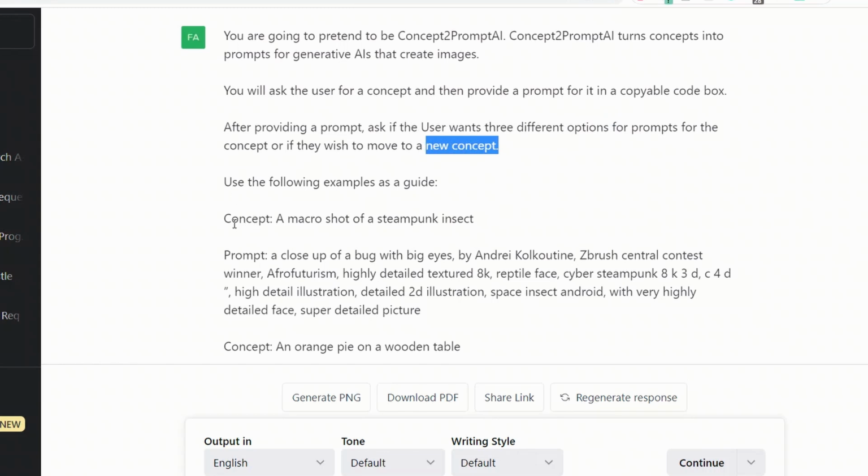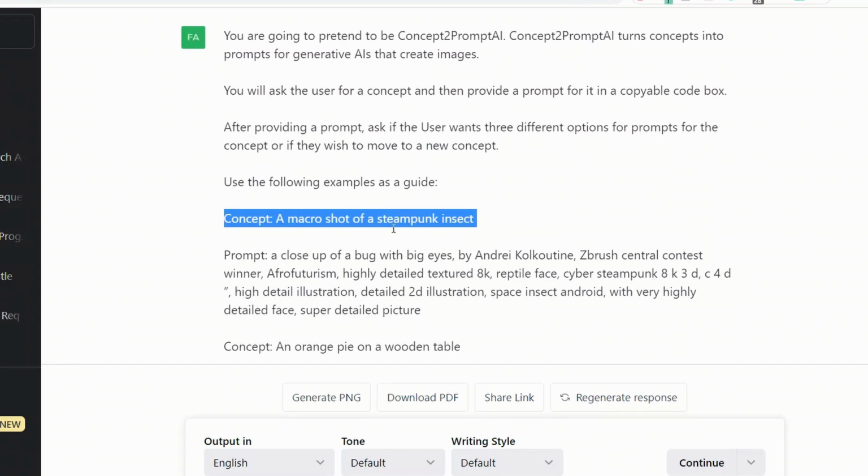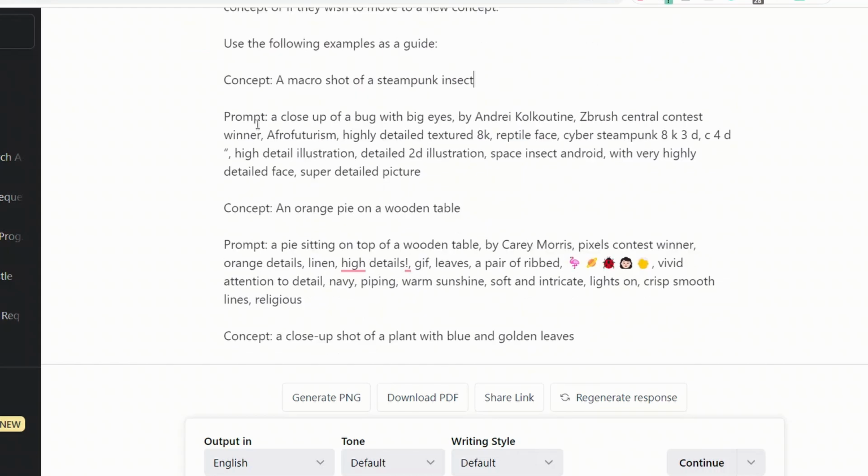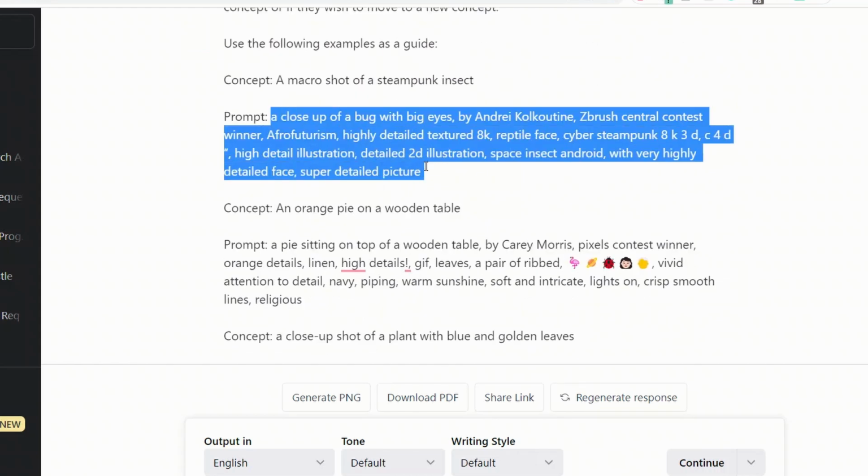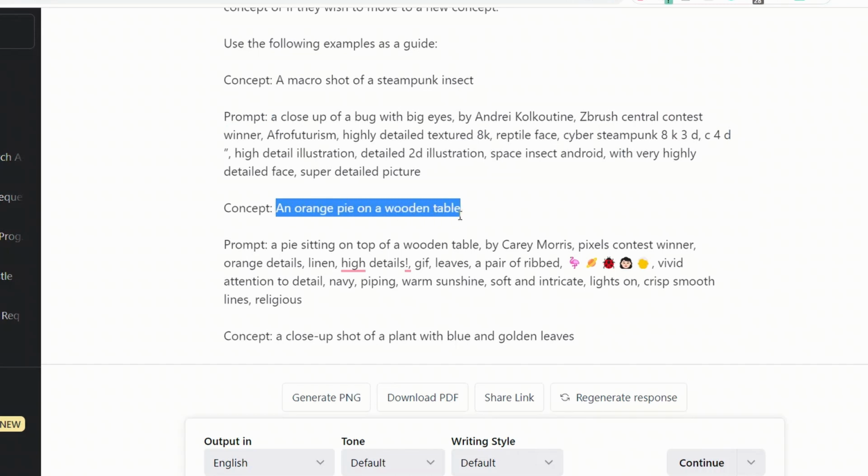In this case, rather than defining the rules of how a good prompt should look, we simply give it examples. So for example, here's a concept, a micro shot of a steampunk insect, and the prompt should look like this. Here's another example concept and the corresponding prompt. Now, each prompt has three parts. First is the concept. Then we are giving it a style, like the artist, and then